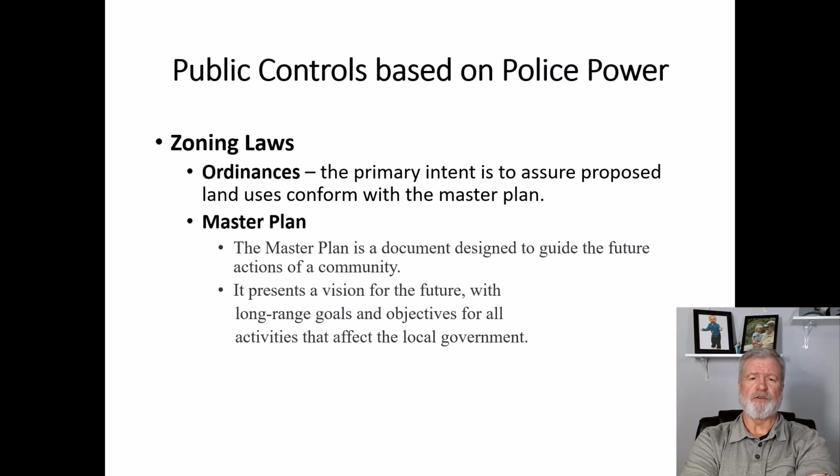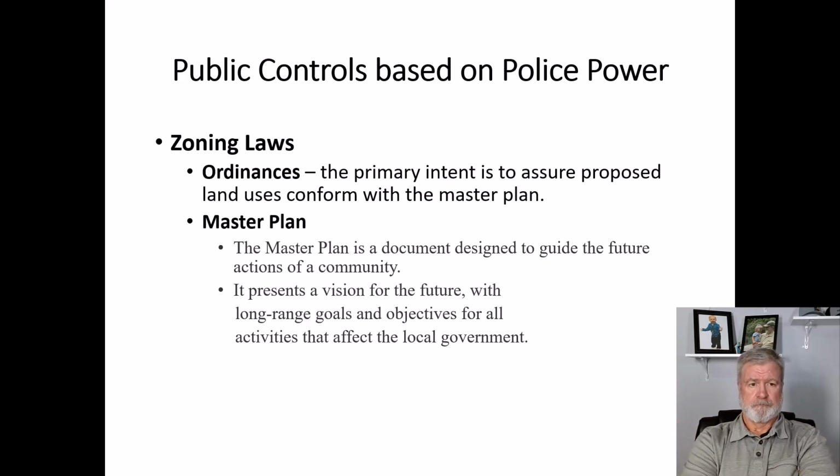The state basically decides what's the best use of all land within the state, and they'll zone it accordingly. But then they will issue police power, or push police power down, to local municipalities. More than likely, each municipality will have their own planning and zoning commission. Well, that commission has police power to enforce the master plan at their local level.